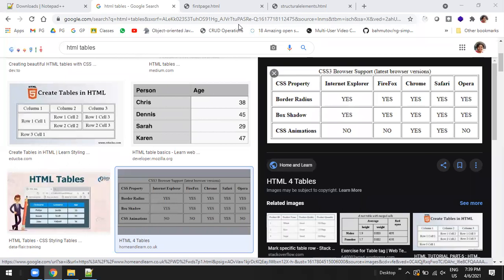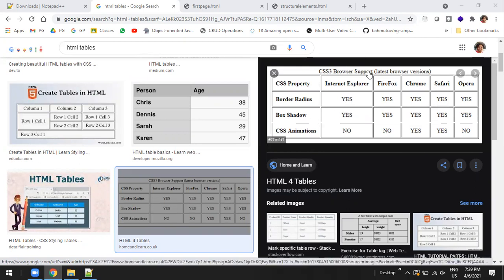Okay, fine. Then if I want to create this kind of table, how do I understand it? Whenever I want to create a table, I first look at how many rows there are.